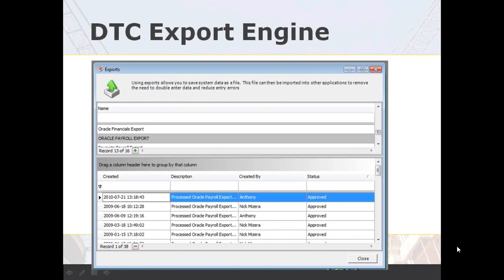So this is a quick look at the export engine. The last screenshot was the hours once at the end of the day or once they're approved. We're going to take those hours, export them through the export process, and send them over to Primavera. Like the import process, you can have as many different export processes as you need. I think I missed that point when we were talking about importing data, but we had a question earlier about